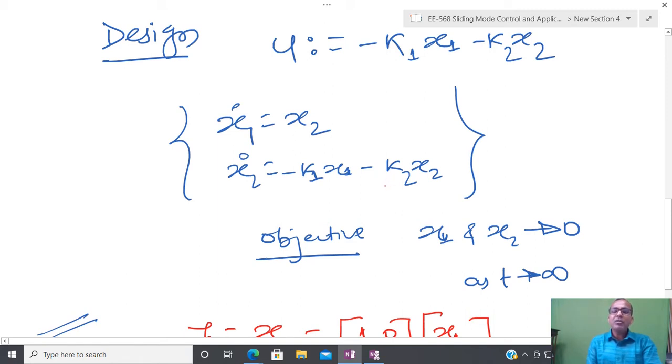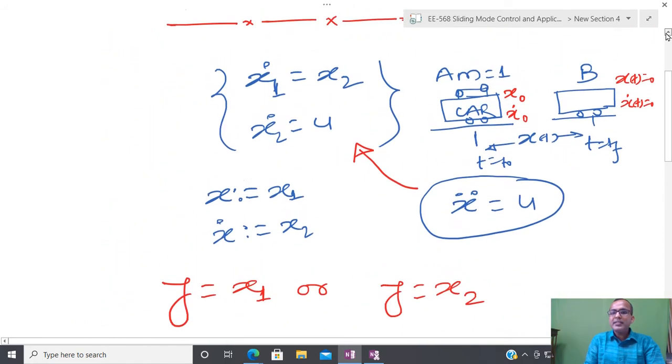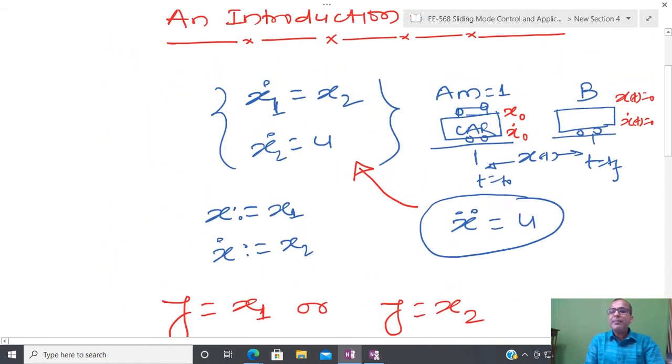But now try to restrict yourself. Why am I restricting? Because in this particular system, this car example, if I assume that I have realistic information in real time, information of position and velocity, it means that I need two sensors. How are we basically measuring some kind of output? Using some kind of sensors. So I require two sensors in order to measure the real-time position as well as the real-time velocity.